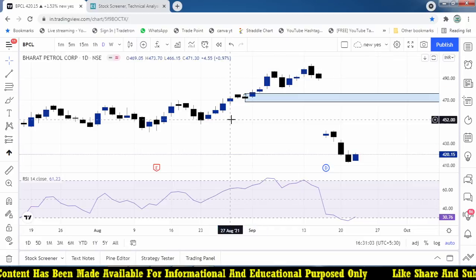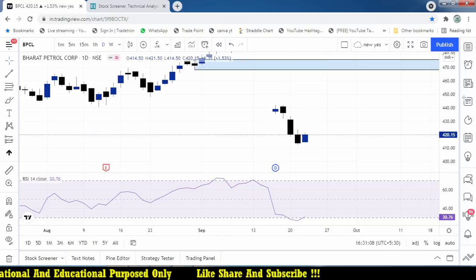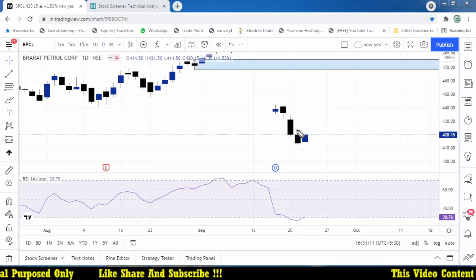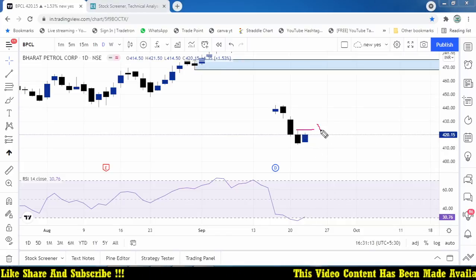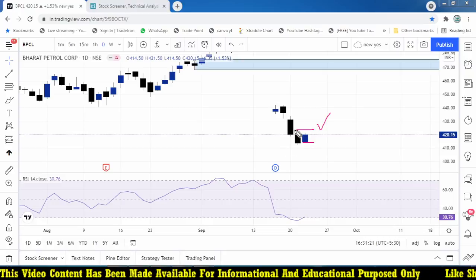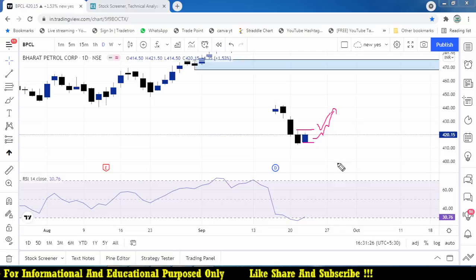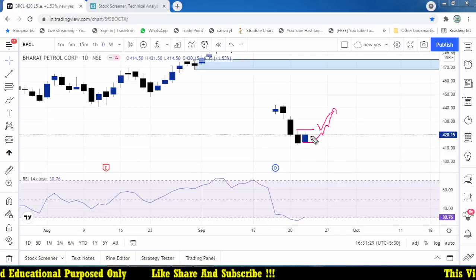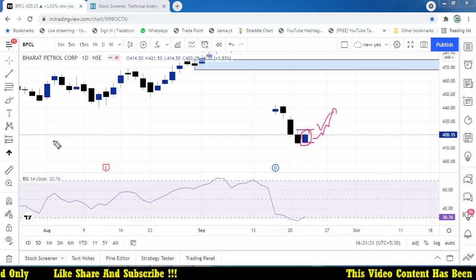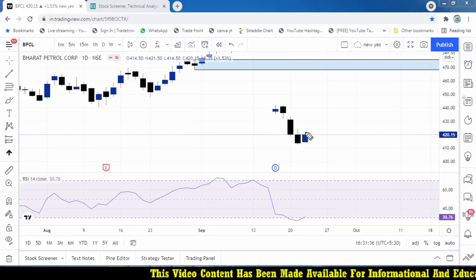If you want to take such a great opportunity, you can focus on this high to break. If you want to take intraday, you can make this day's low as a stop loss and buy with that. But if positional, the previous candle high should be broken, then you can try to take the position. That will give you such a great opportunity. Intraday also we can use, and positional also we can use based on this pattern.